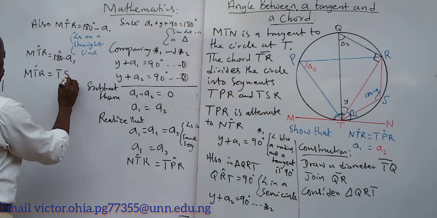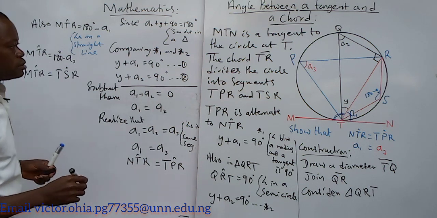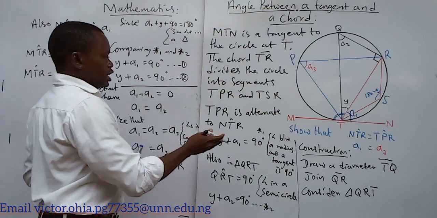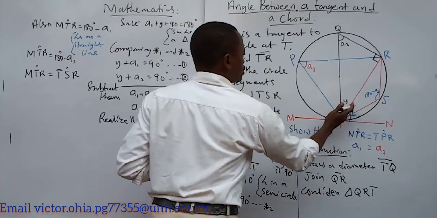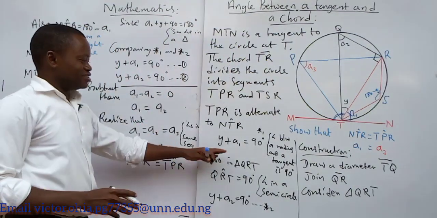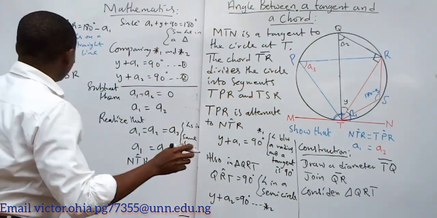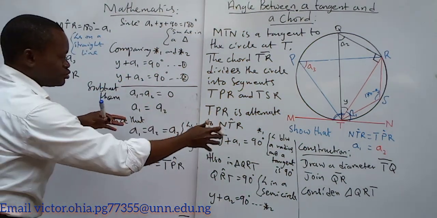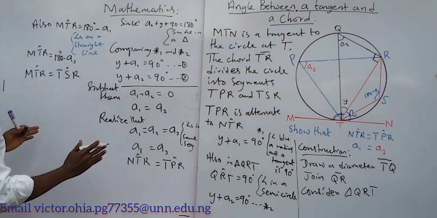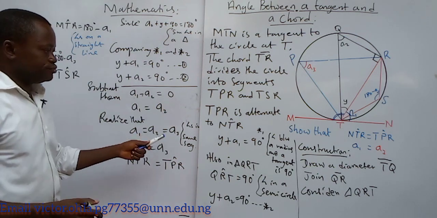TSR. Okay, so what have we been able to achieve? That the angle between this tangent and this chord is equal to the angle in the alternate segment. Another supporting proof of this. All right, so I'm trusting God that this little attachment to it will be able to help one to understand how to do this proof,